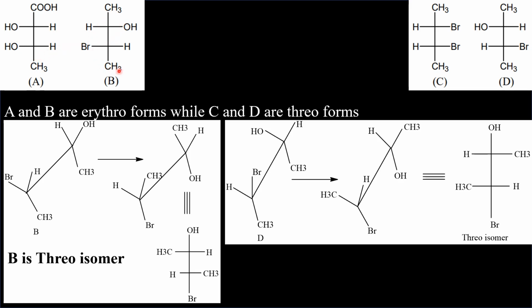Now look at this B. Here, the methyl at the top and methyl at the bottom, they are on the same side. The groups at the top and bottom are on the same side. But these hydrogen similar groups are on the opposite side. So that similar groups are on the opposite side, therefore this is not erythro. So the first statement says A and B are erythro, but B is not erythro, but it is threo. So this is threo. That can be confirmed in another way.